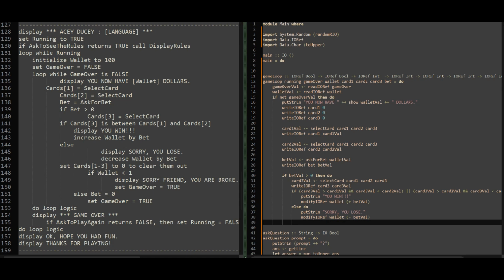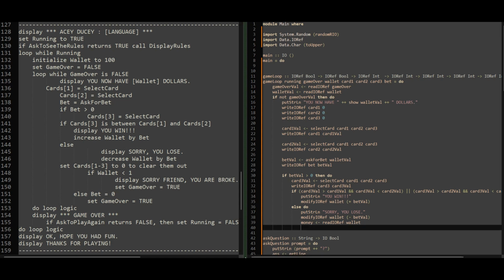okay. So now we need to get the wallet again. But I can't get wallet val again, because that's already done here. If I say wallet val, it'll blow up. Let's call it money. And then we will get the read IO ref of our wallet. We could do that too. Okay, now